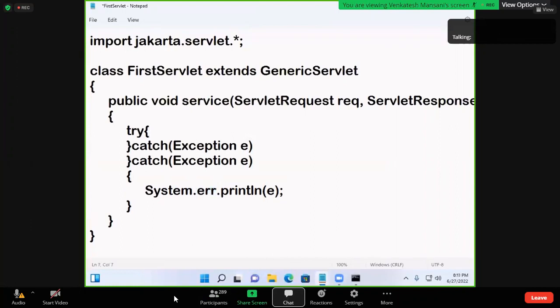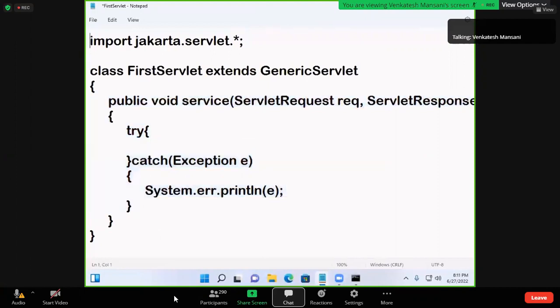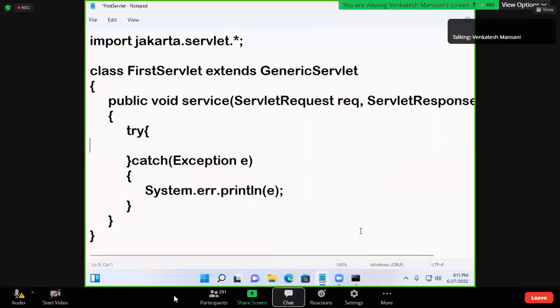Now, this is the service method overridden. Okay. Now, service method overridden. After overriding, this is our first program. So what we are going to do here, the program is,